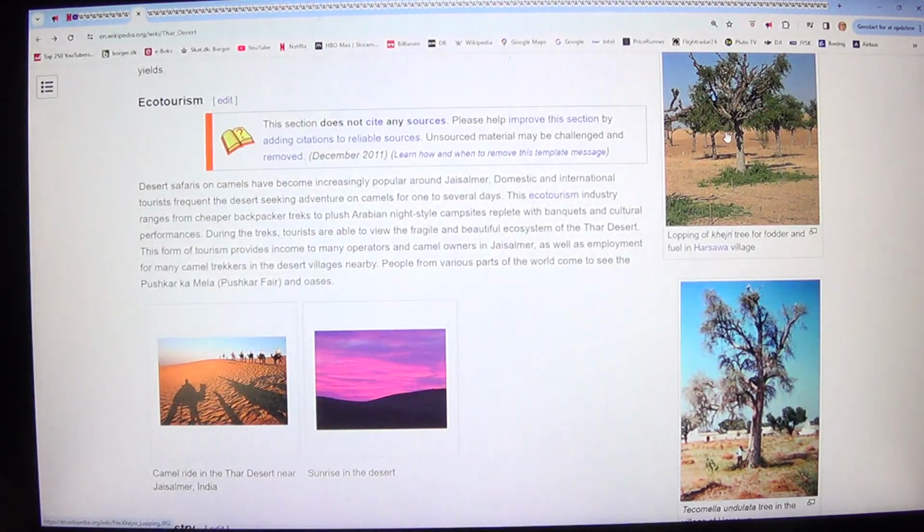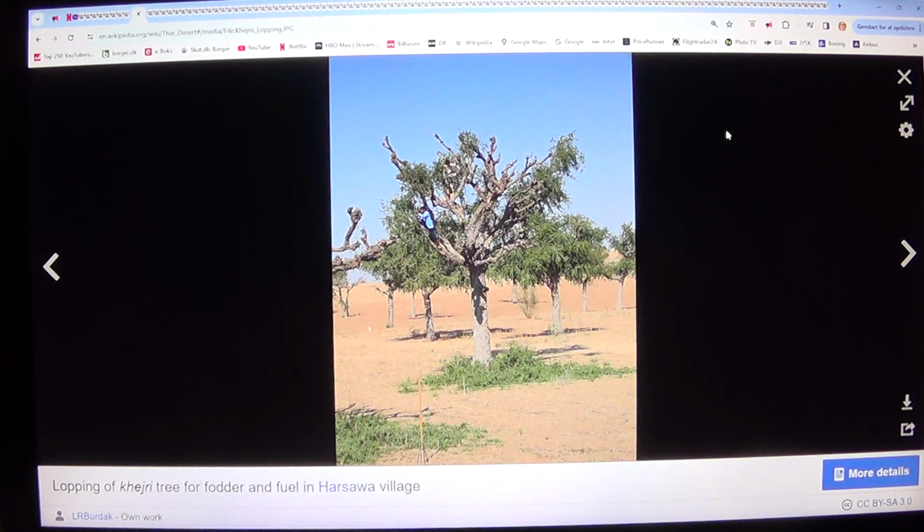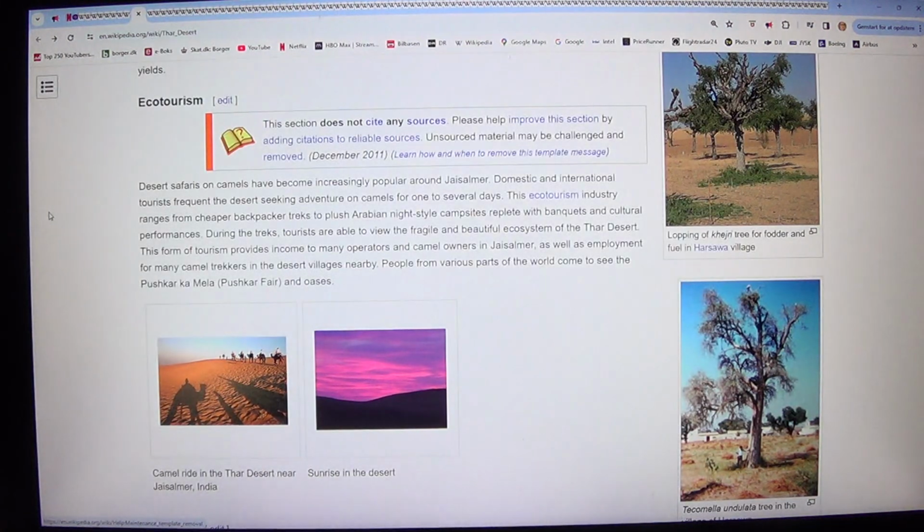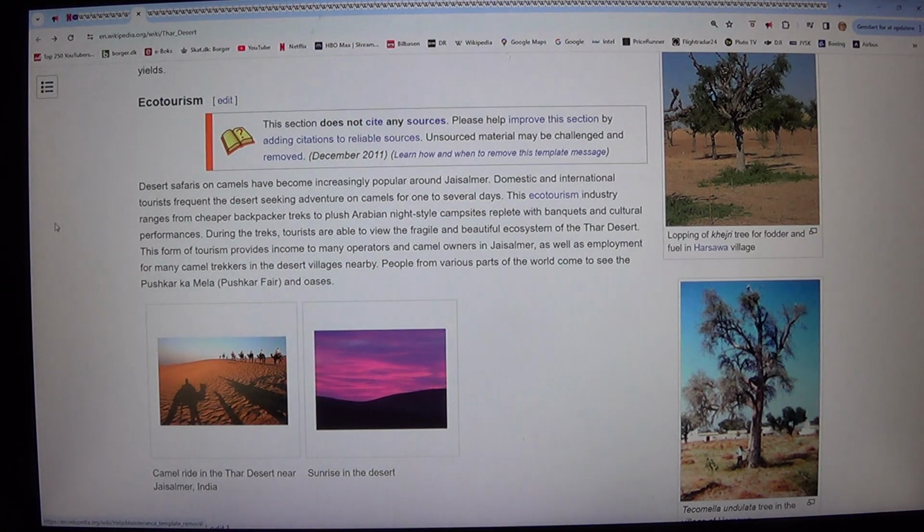Desert safaris on camels have become increasingly popular around Jaisalmer. Domestic and international tourists frequent the desert seeking adventure on camels for 1 to several days. This ecotourism industry ranges from cheaper backpacker treks to plush Arabian Night-style campsites replete with banquets and cultural performances.